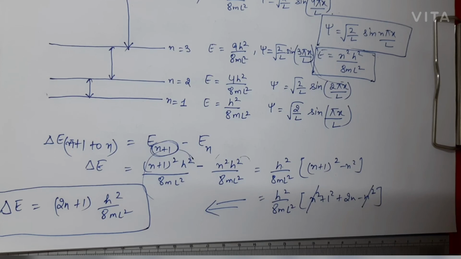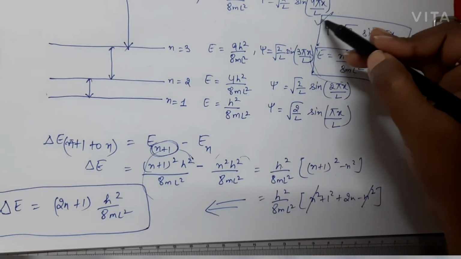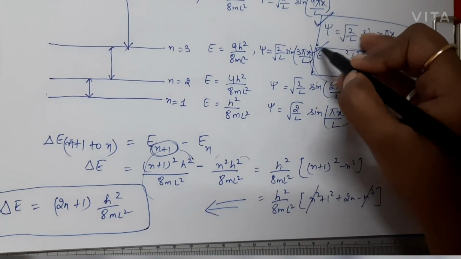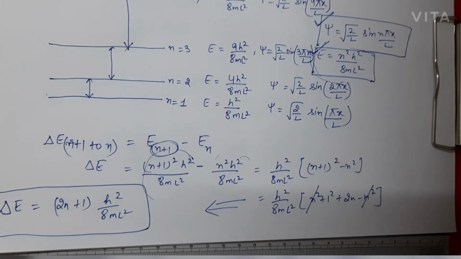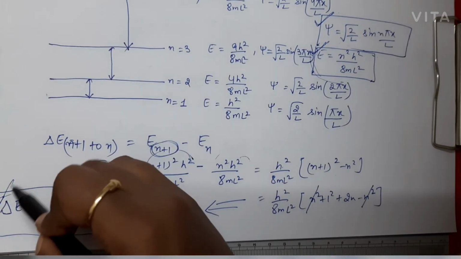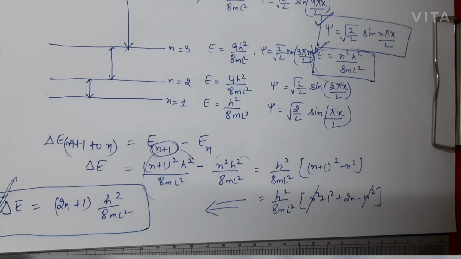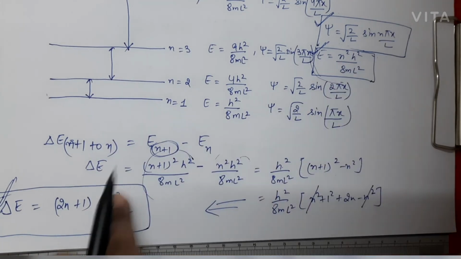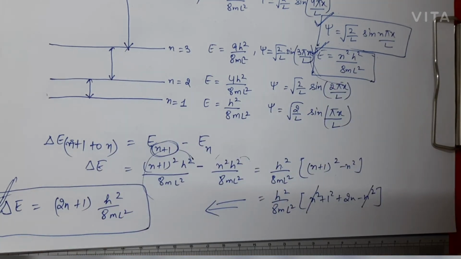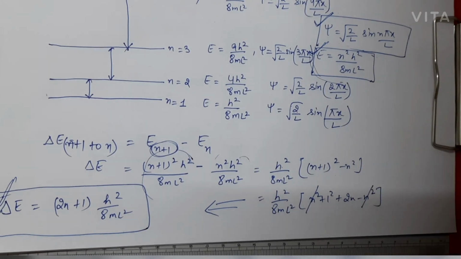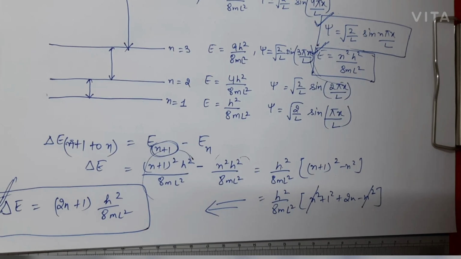So far in the particle in a one dimensional box, you should know the wave function used, how to find the energy, and how to find the spacing between the energy levels. You should know these things. You should know the Schrodinger wave equation. So do not get overwhelmed by the derivation part. You just have to remember these parts. The remaining things we have discussed so that you can understand how these things came up.